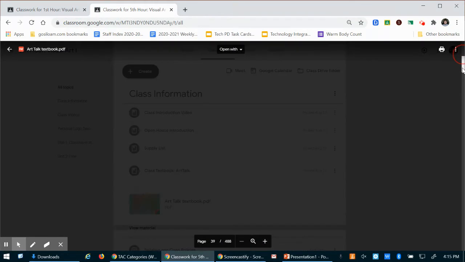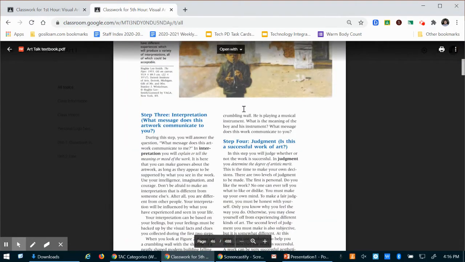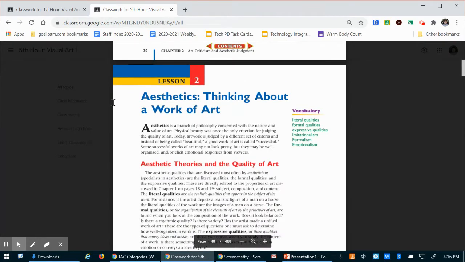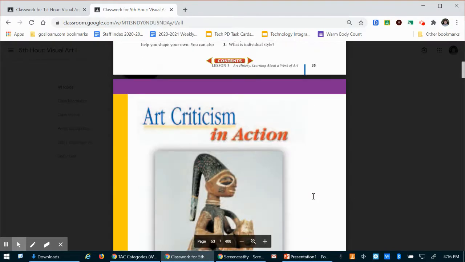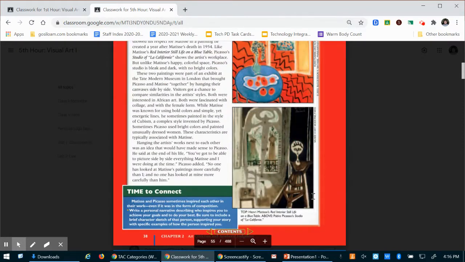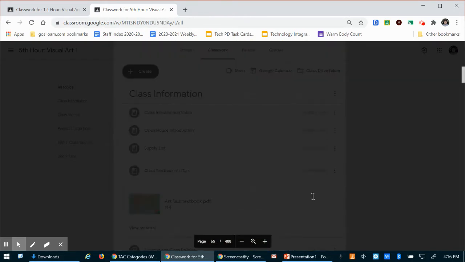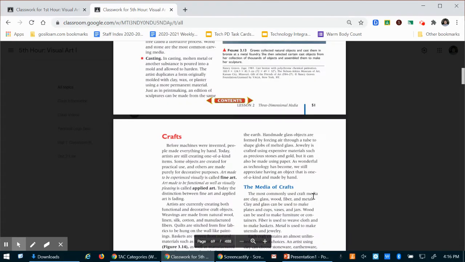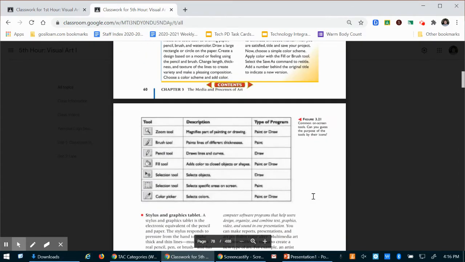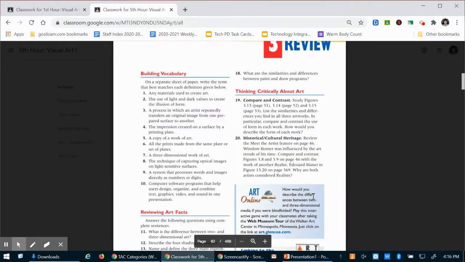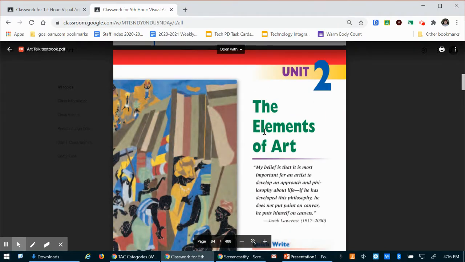And I'll just scroll down quite a bit. The first part of this book talks about art criticism, thinking about art, but we are looking for the chapter where the elements of art begin. And I think it's on page 70 or so. Hopefully I'll find it for you so you can find the page number. Okay, so we'll be in Unit 2, Elements of Art,